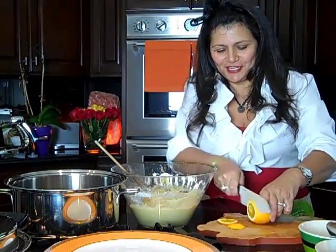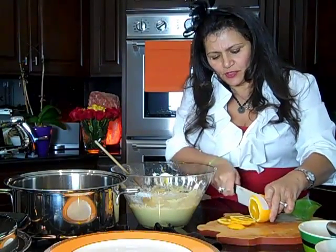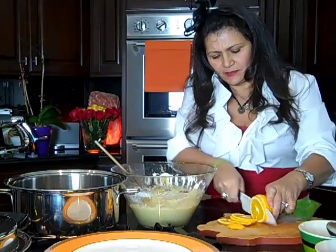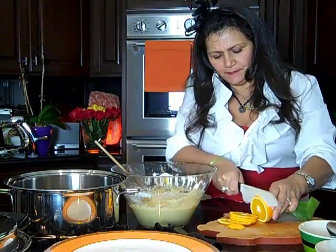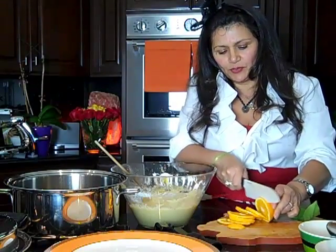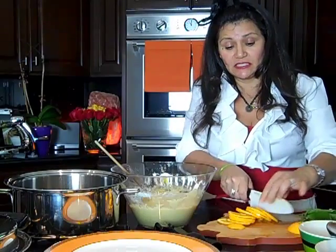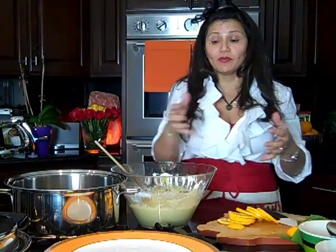Isn't it great that you can actually still see this instead of being made in house indoors? Okay, so here's the cake. So cut the oranges really thin. And then we're gonna line the bottom of the pan. The pan that we're using here today is a 316 Saladmaster, surgical stainless steel, non-porous, so there's no chemical reaction